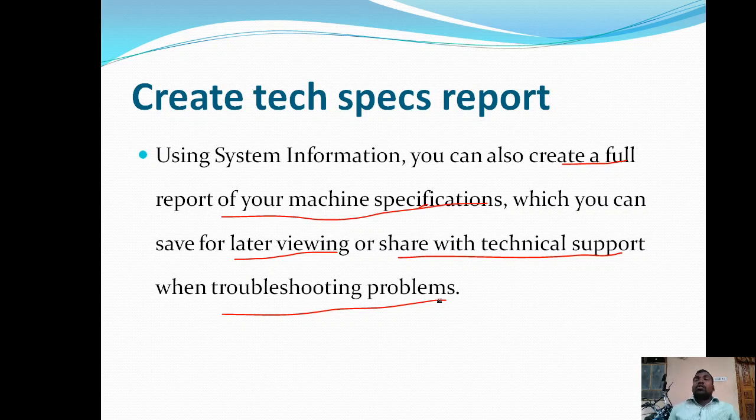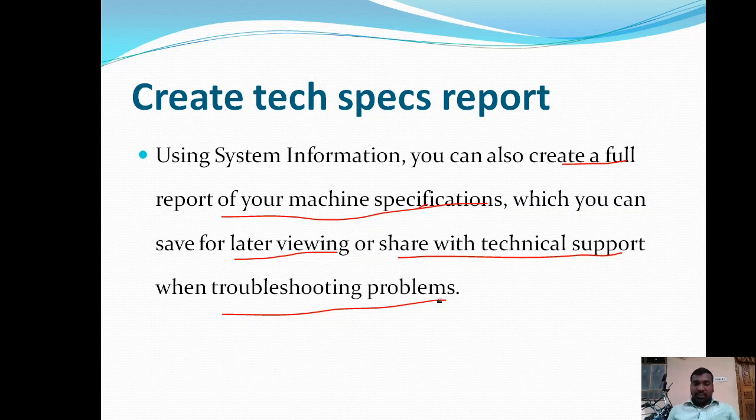For example, if your PC is suffering from some problem, then you need to perform some repair or troubleshooting of the problems that have occurred. At that time it is helpful for the support team if they know the system specifications that are available in that particular system. Okay, so that can be helpful to troubleshoot the problems quickly.